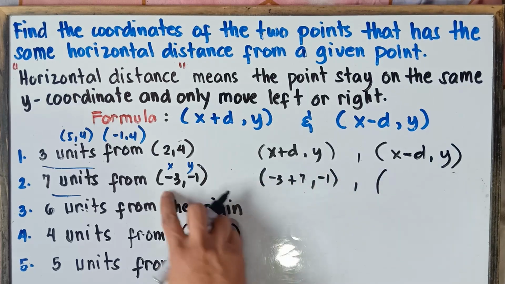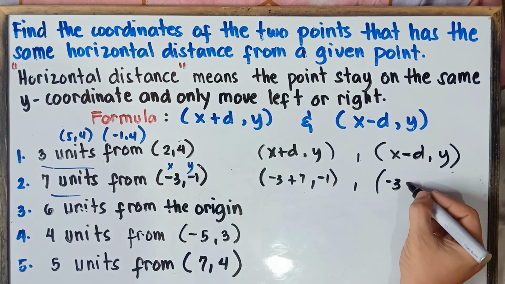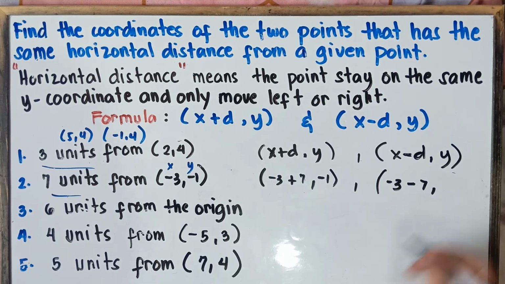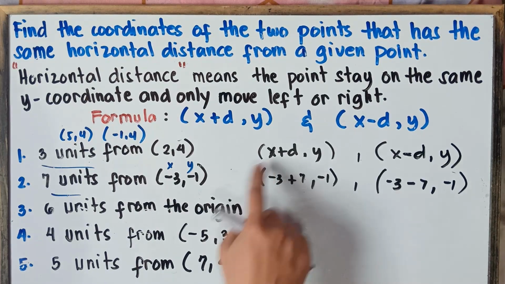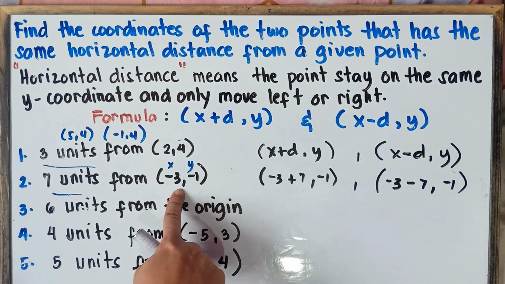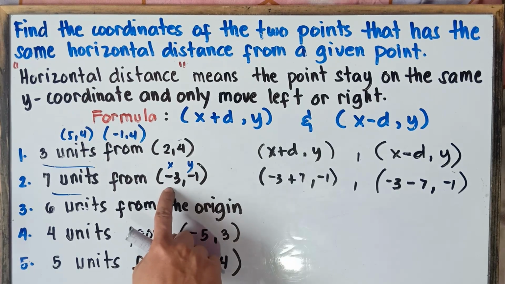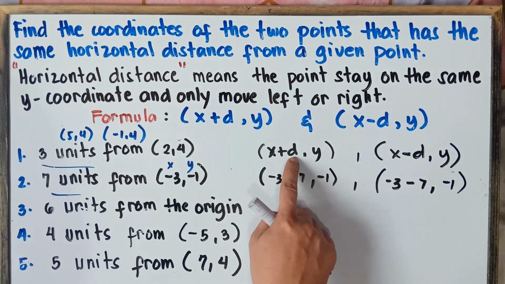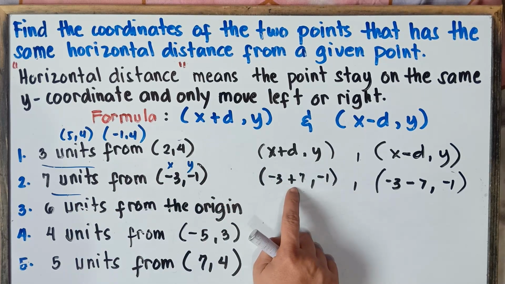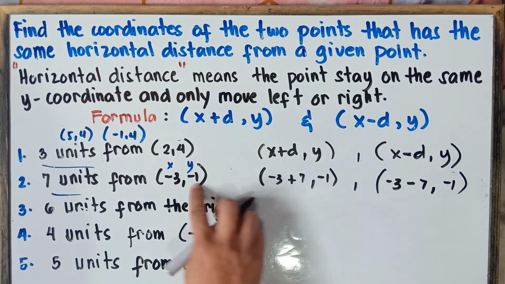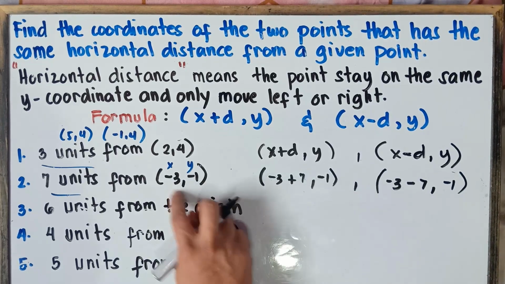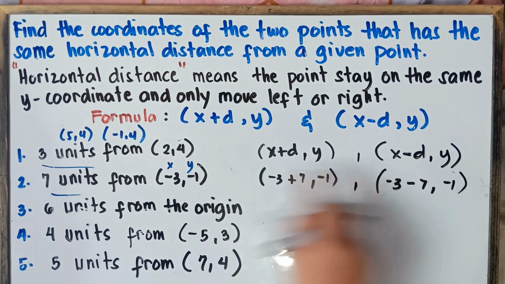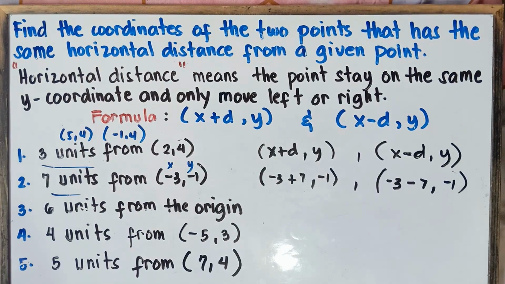Alright, the second point. So the x value is negative 3. Copy minus sign. The distance is 7, comma, and then the y value is negative 1. Let's do it step by step, class. Once again, in an ordered pair, it's always x and then y. So for the ordered pair, we have negative 3 for x. Distance is 7, so negative 3 plus 7, comma, and then the y value is negative 1. So comma, the second point, x value is negative 3. Copy minus sign, the distance is 7, comma, and then negative 1. You will have the same value, class, of y, that would be negative 1.